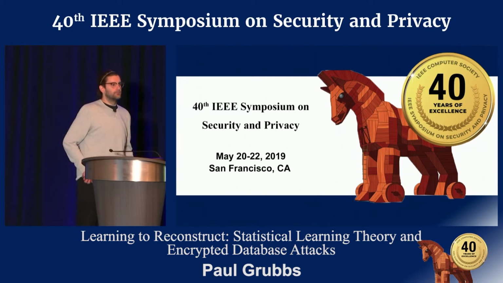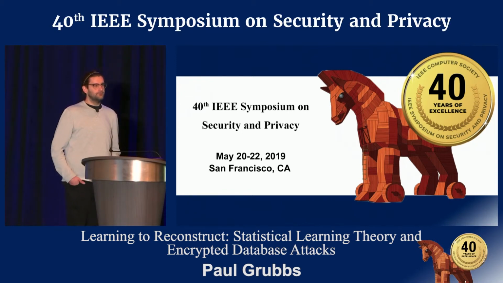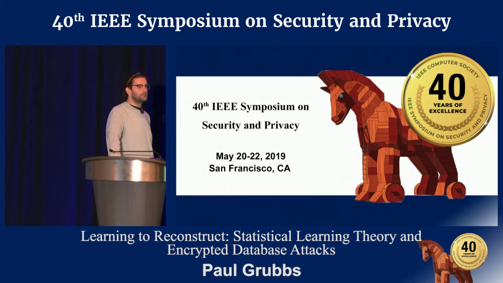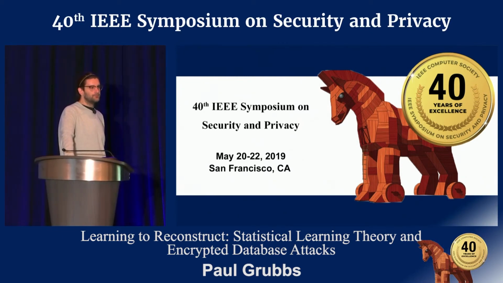So I'm trying to decide whether encrypted databases are totally dead or just fragile. One of the assumptions you made in the paper was uniform queries, and that has to come into your attack very critically in the VC dimension. So if A, your queries are not uniform, if they're actually coming from a real-world distribution, does that help? And B, why is the notion of full reconstruction the goal? If I have an encrypted database and after making a local set of queries around a local spot, I'm able to deduce something from the access pattern, I would consider that a break. So why is the bar full reconstruction instead of local attack?